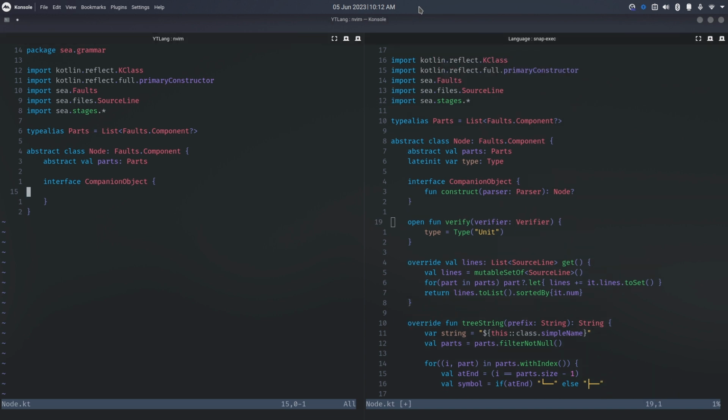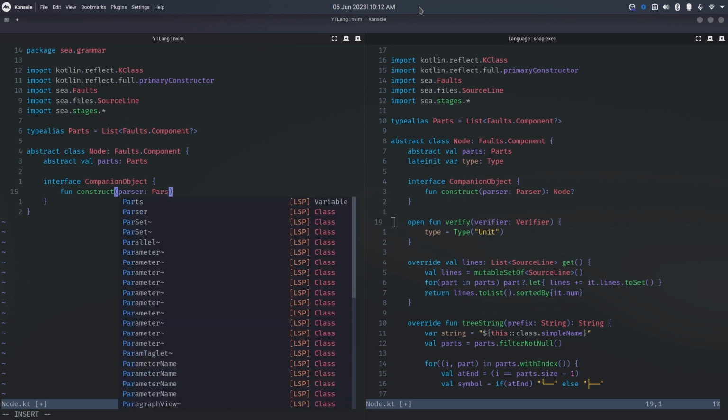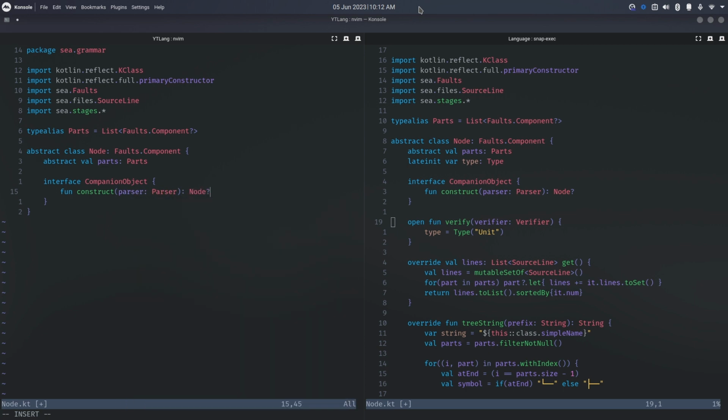Okay, we're still on our interface, and I call it construct. I've called it make in the past, and I've done tons of stuff actually, but I just call it construct. Of course, it needs the parser passed in. So it's going to construct itself using the parser, or it could construct something else, which is why the return